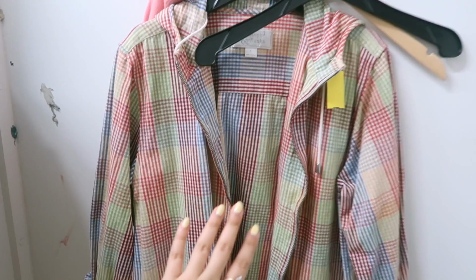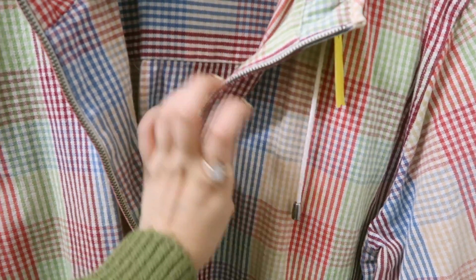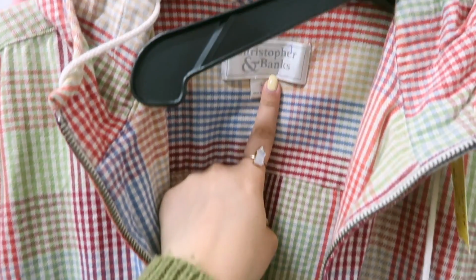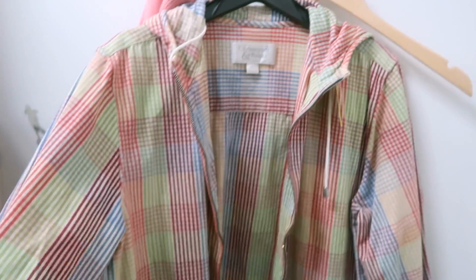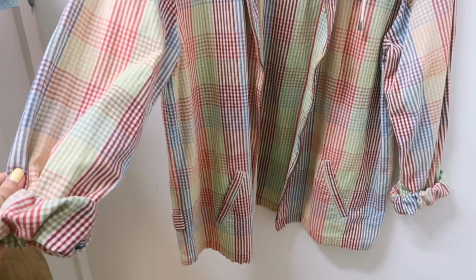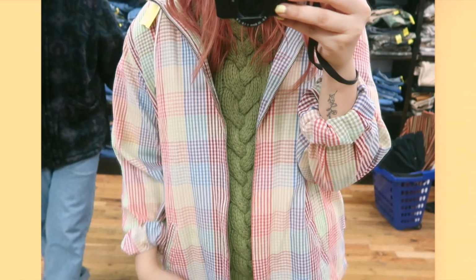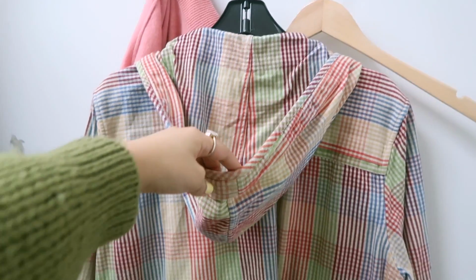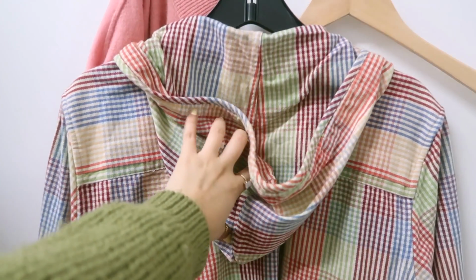I also found this jacket. I don't know if this is considered some sort of gingham. I think it is. It's a variegated gingham with a bunch of different colors. It's by Christopher and Banks, which I recently got a pair of pants from. I feel like it'd be really cute to wear in the springtime over top a t-shirt or maybe some sort of sweater, and a pair of jeans, just worn very casually, and it has a hoodie, which is nice, especially on really rainy days when I want to cover my hair up because my hair is super frizzy when